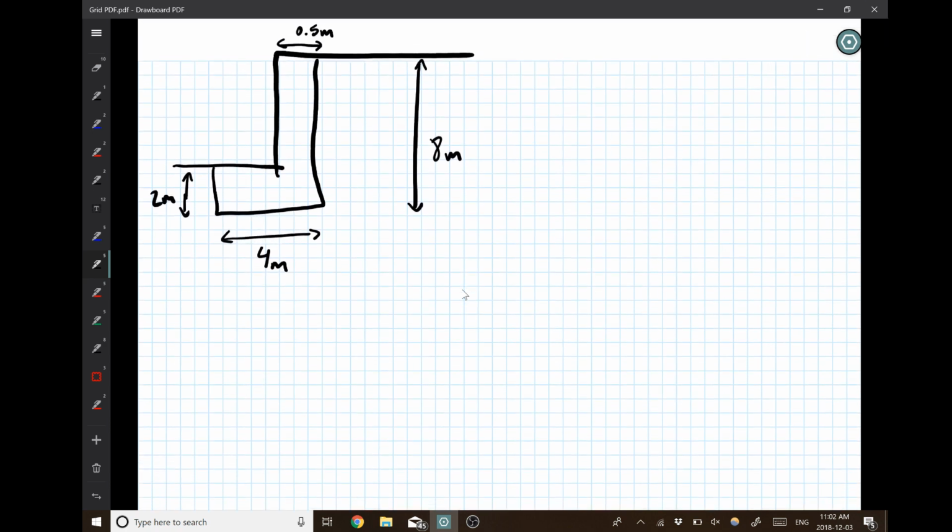So the first thing that we need to do is find the forces generated from each of our